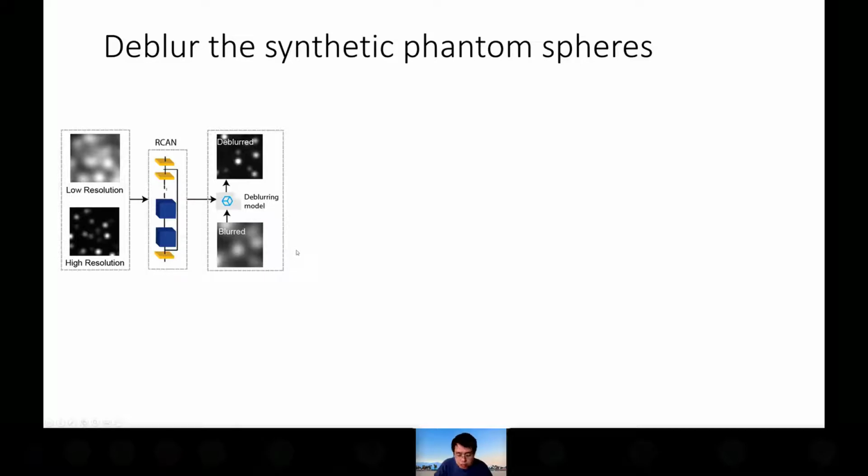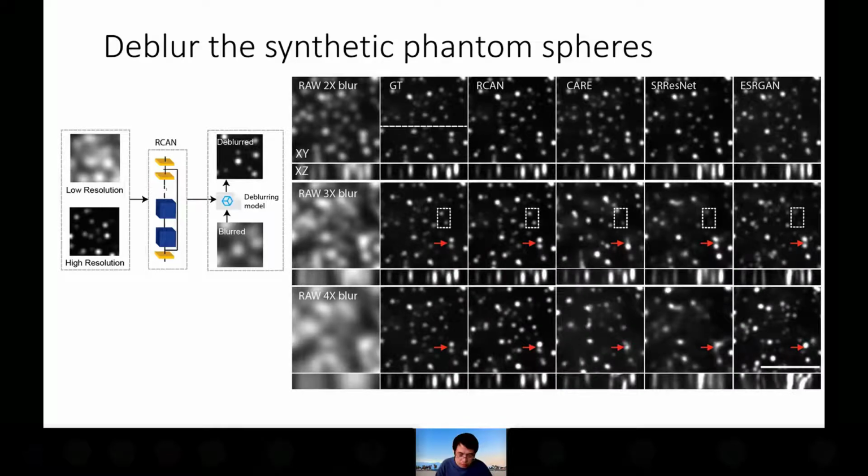We also want to explore the limit, to what extent the model will fail for resolution enhancement. To answer these questions, we synthetically made some phantom sphere data, and we blurred this phantom sphere data